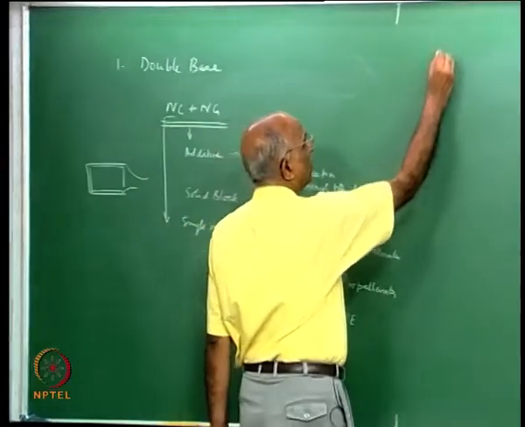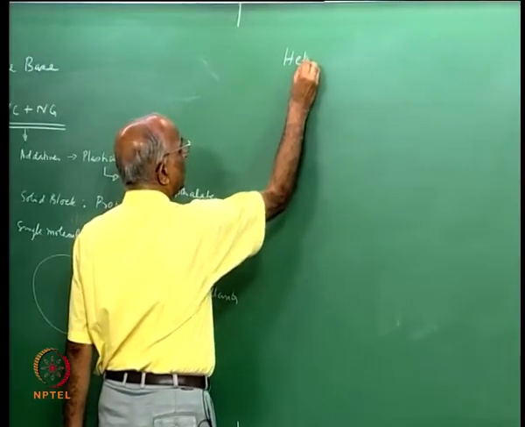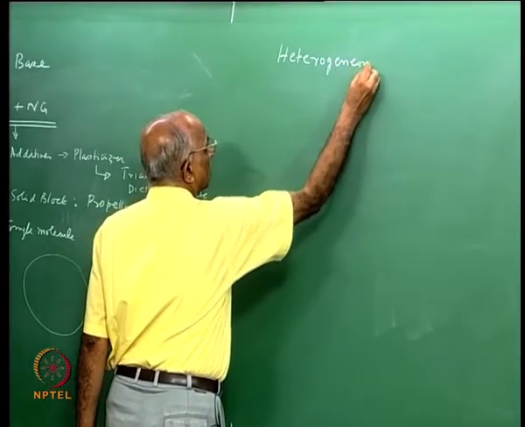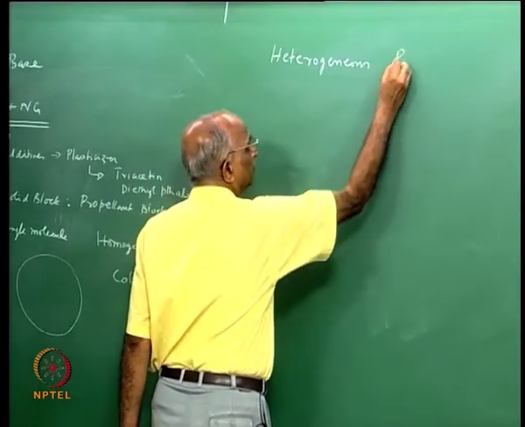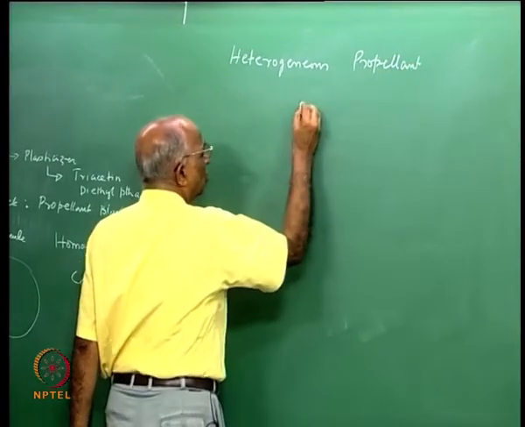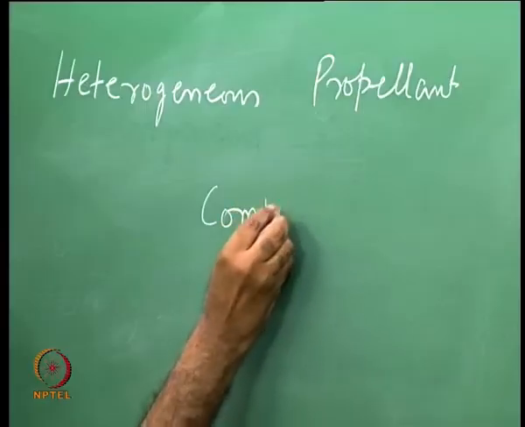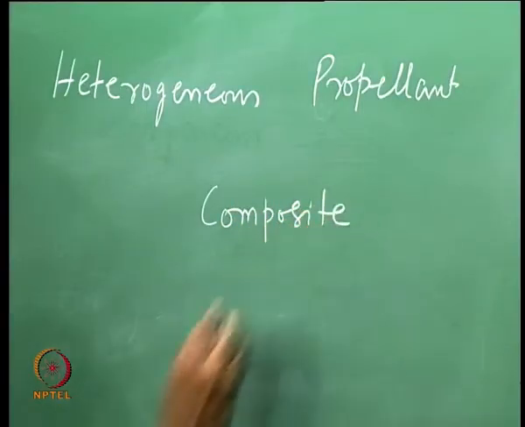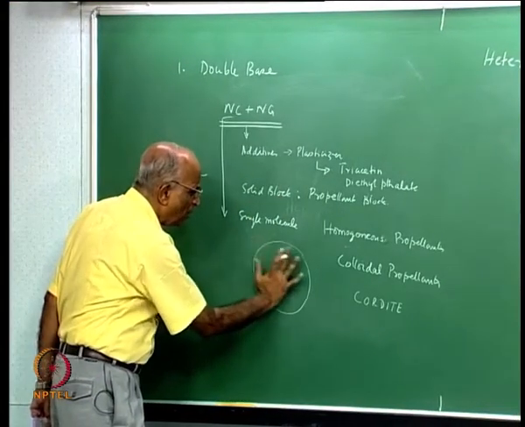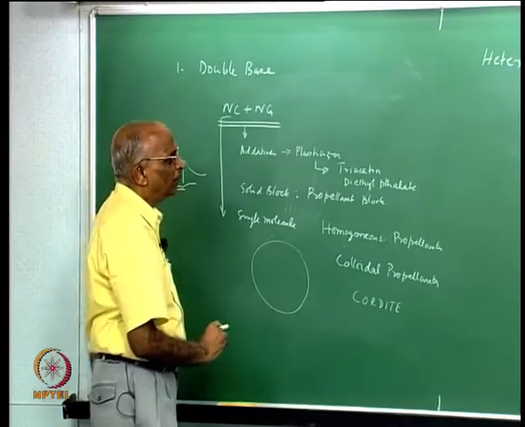The second is what we call heterogeneous propellant. This is also known as composite. As distinct from these double base propellants which are uniform, which are something like a single molecule or uniform throughout,